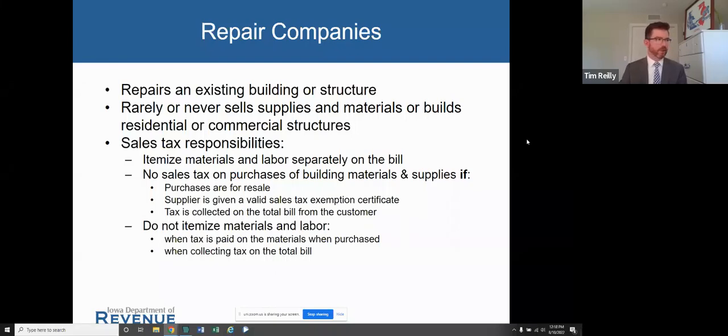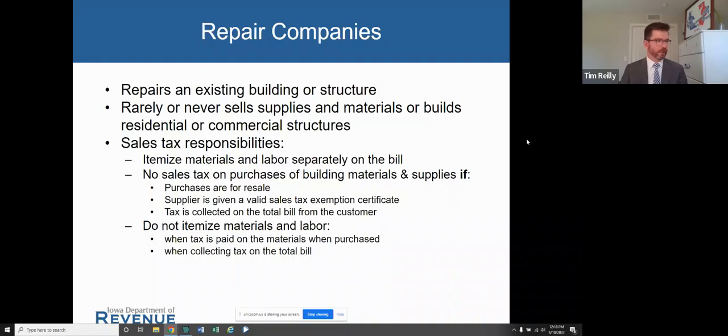And no sales tax is due on purchases of building materials and supplies if they're being purchased for resale, if they provide their supplier a sales tax exemption certificate, and tax is collected from their customer.